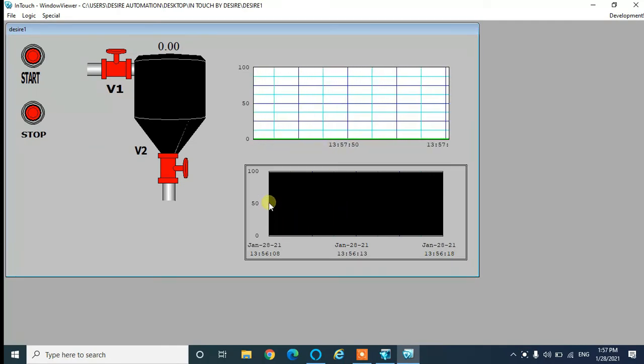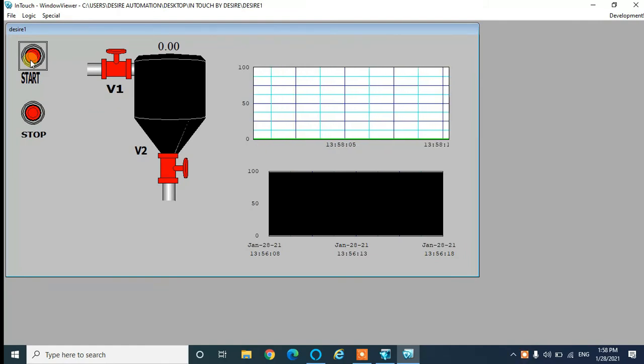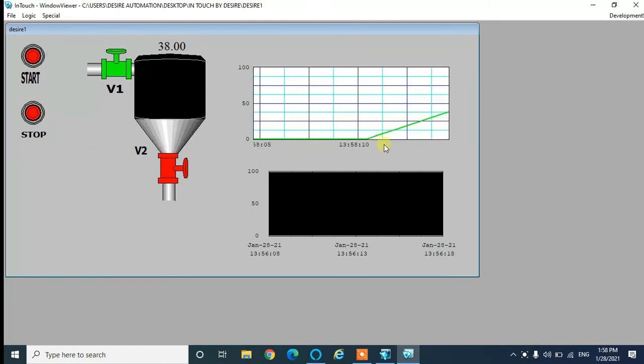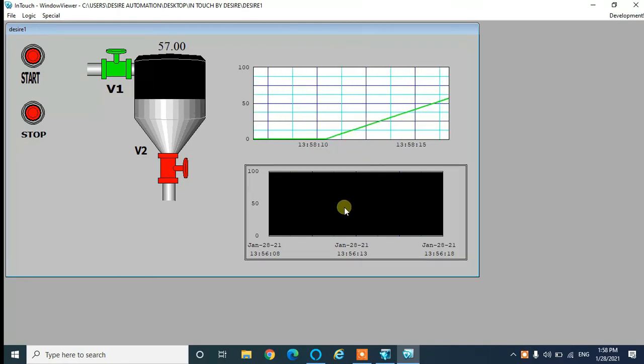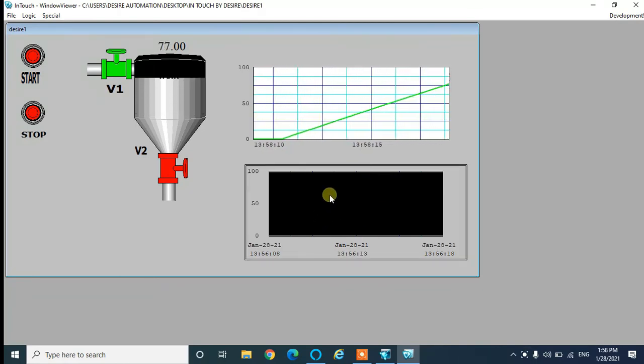Now you can see over here the display is blank totally. We cannot see anything over here. So what is it? It is nothing but the historical trend. So for that what we need to do? We need to start our button first of all, and we have to see the time which we want to see in our historical trend.